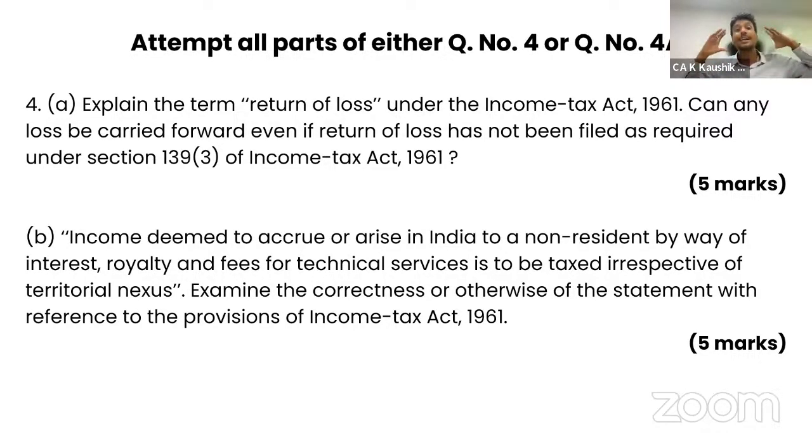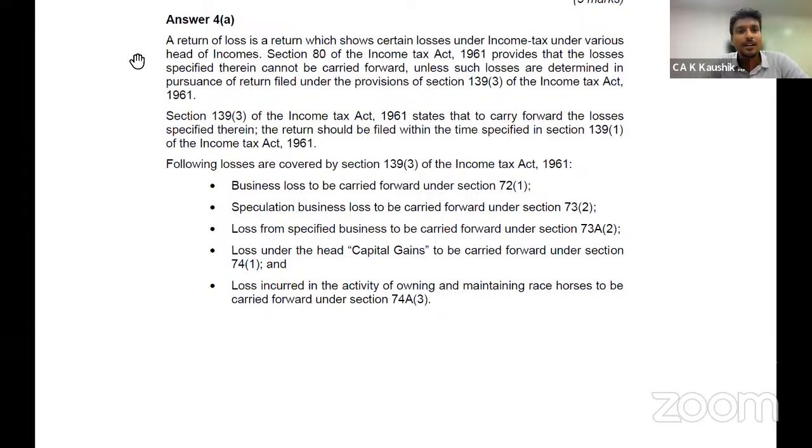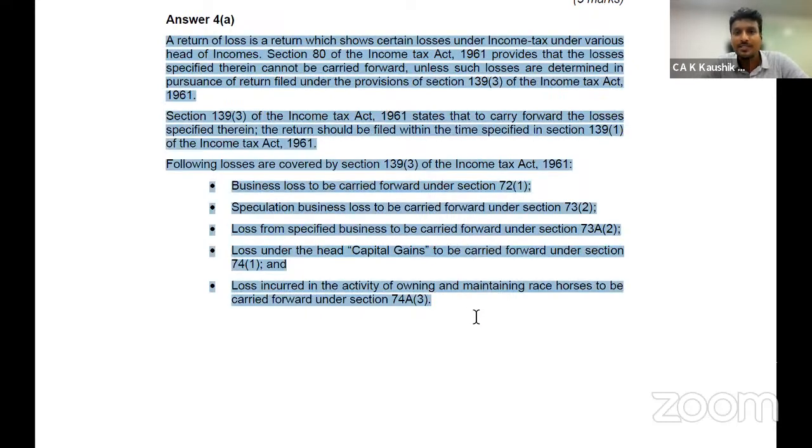But if you are in a hurry, some of you asked what we should be aware of, how do we read the question? So here is how you can read the question. Many of the students will miss out the first statement and look at only the question, can any loss be carried forward? Then they write only this much and come. If you write only this much, you will not get 5 marks, you will get only 2 marks. In order to get 5 marks, you will have to write what is a return of loss, which provision is telling, which loss cannot be carried forward. This is the main question here. Okay, so keep in mind and be careful how you look into it.